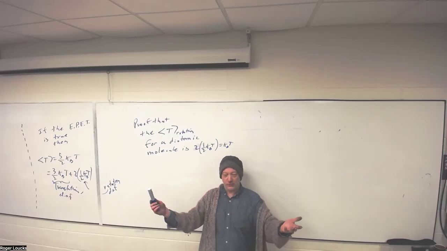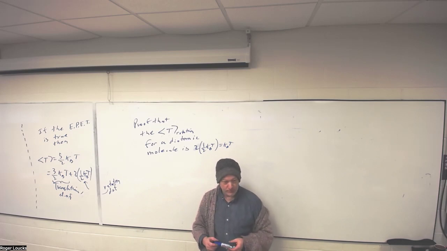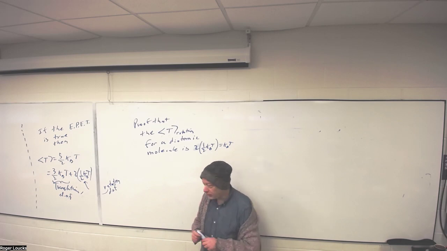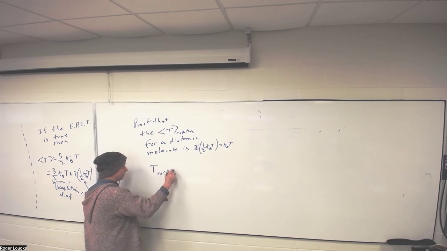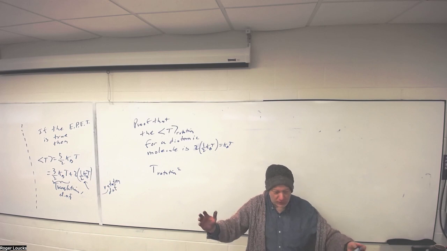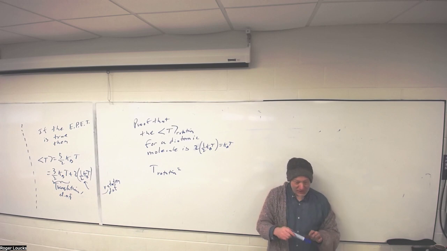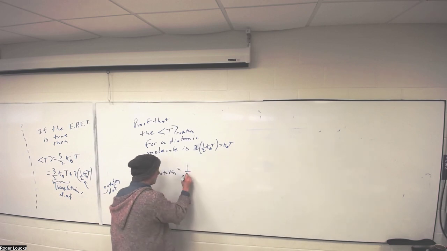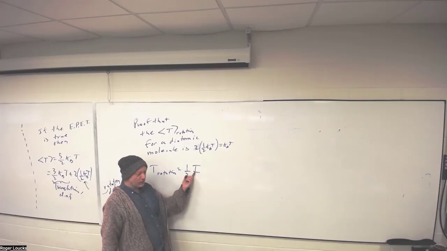Hey, you all had first semester physics. What is the energy for a rotating object? It depends on its angular momentum. True. Let's start off by writing T rotation, like I omega squared or something like that. Okay, I like the I part here. What is I? The moment of inertia.